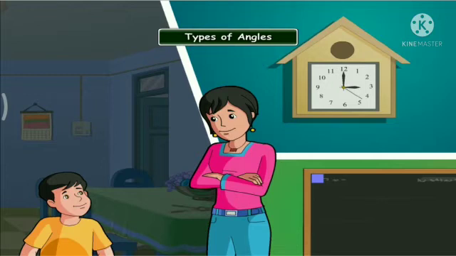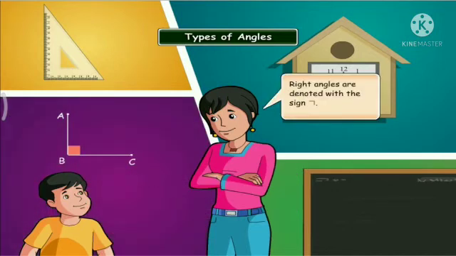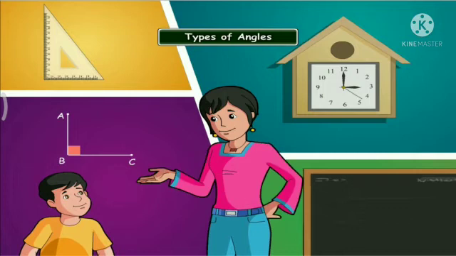Clear? Now another example of your right angle is your set square. This set square also forms a right angle. Clear, everyone? Then here the right angle is shown with the help of a symbol. Whenever you get a right angle, you have to write down this sign. It means it is a right angle.